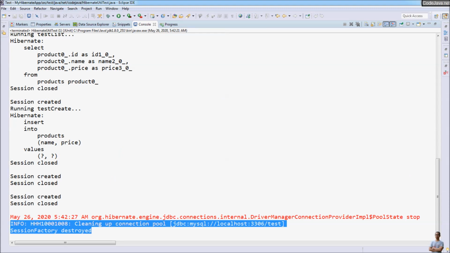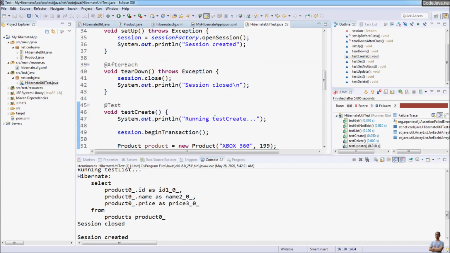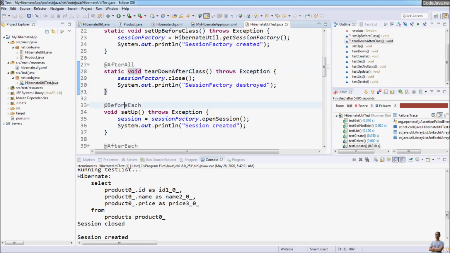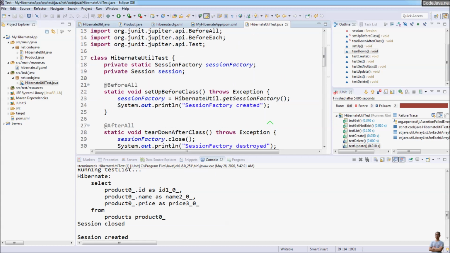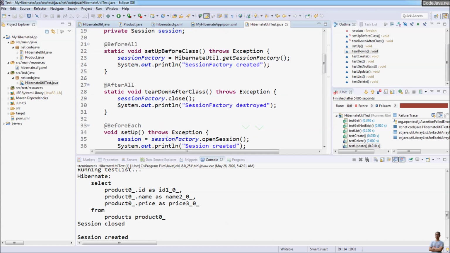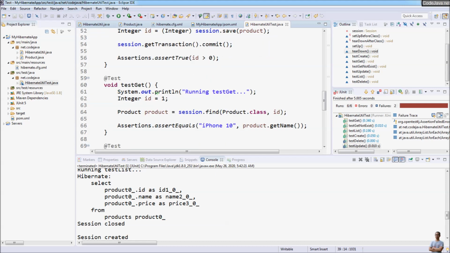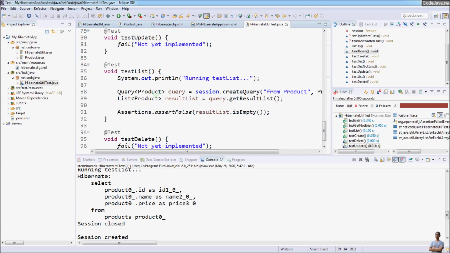So you see the usefulness of using these kinds of methods, before all, after all, before each and after each, to initialize and release resources: before all and after all, and before each and after each test method. Okay, now